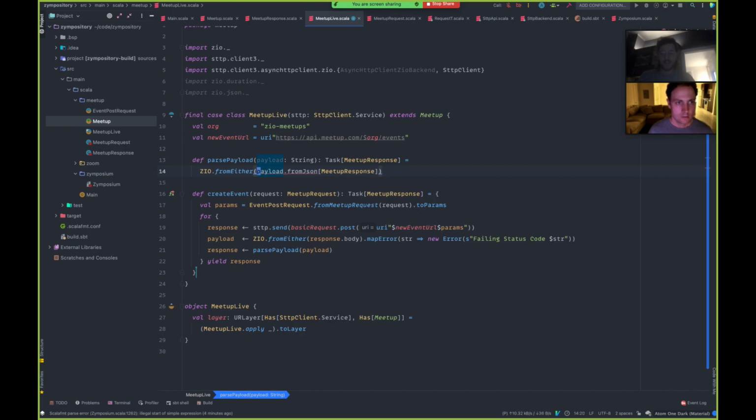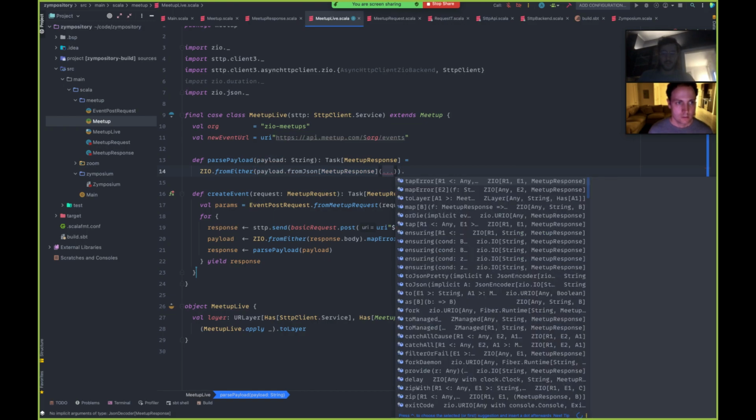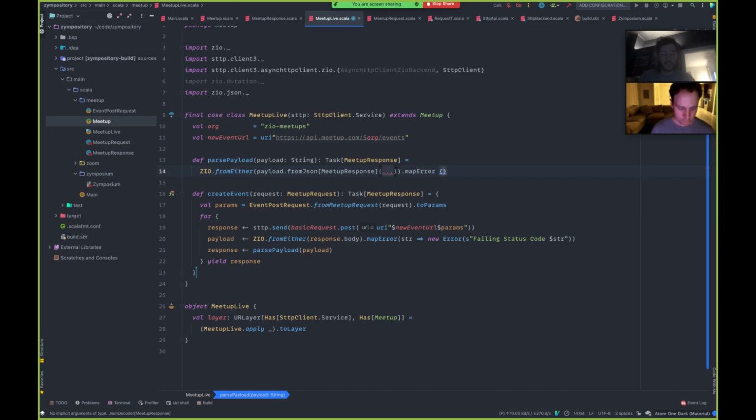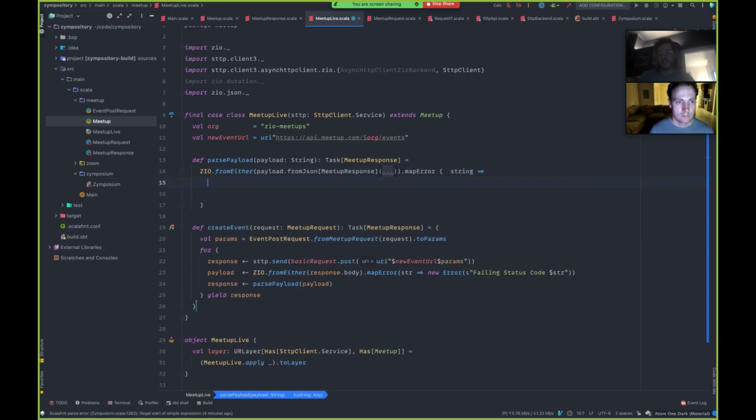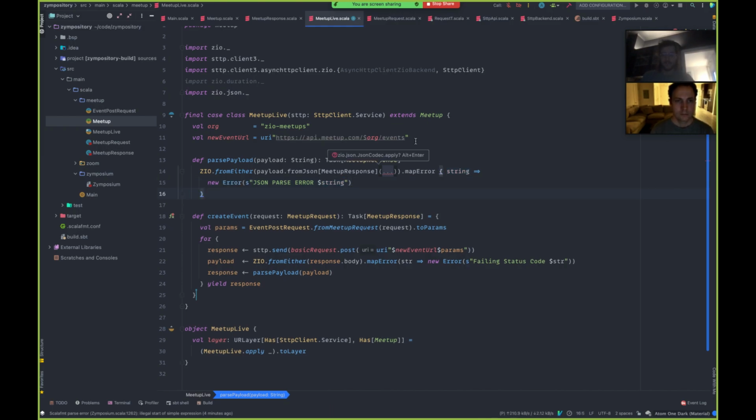And for now, obviously we're going to have to map the error because it's just a string again. I will take this string error and make a new error string, something like JSON parse error. We can give these better names later on for sure. Definitely easy, low-hanging fruit there is to make a nicer error model for ourselves.